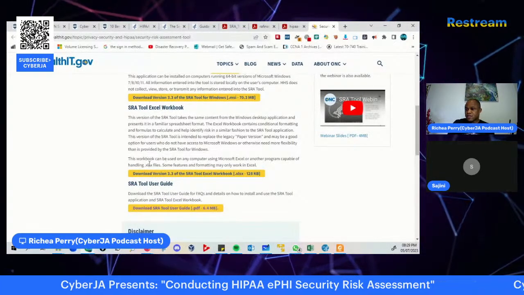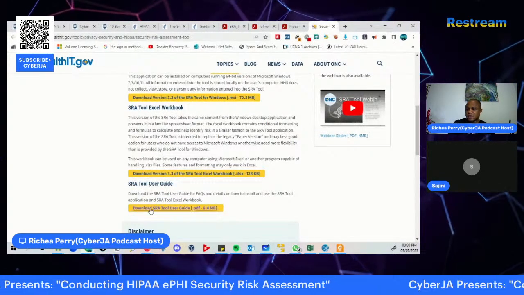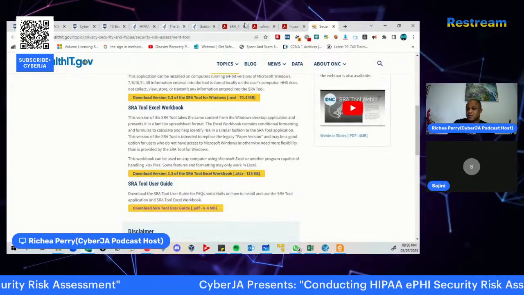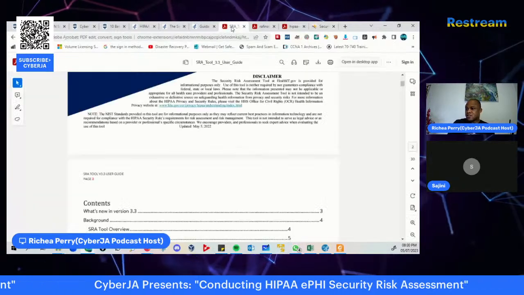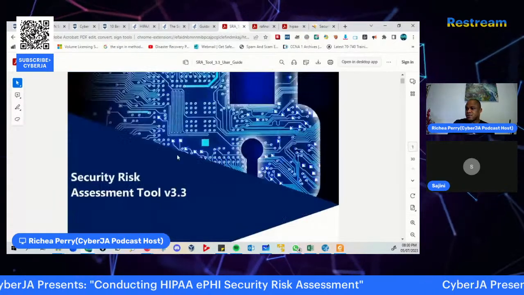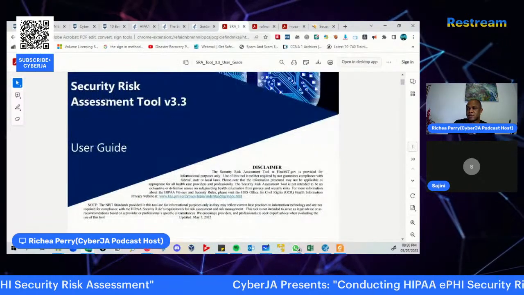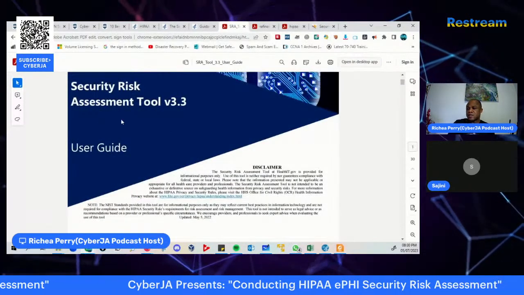Right, so you have your Excel, you also have the user guide. So this is our user guide for that tool. It goes into a lot of the details for using this particular security risk assessment tool.